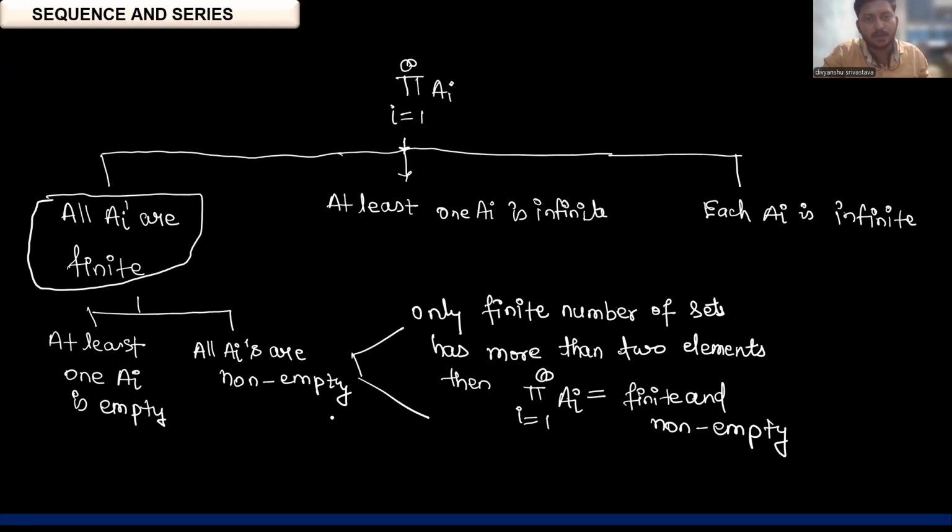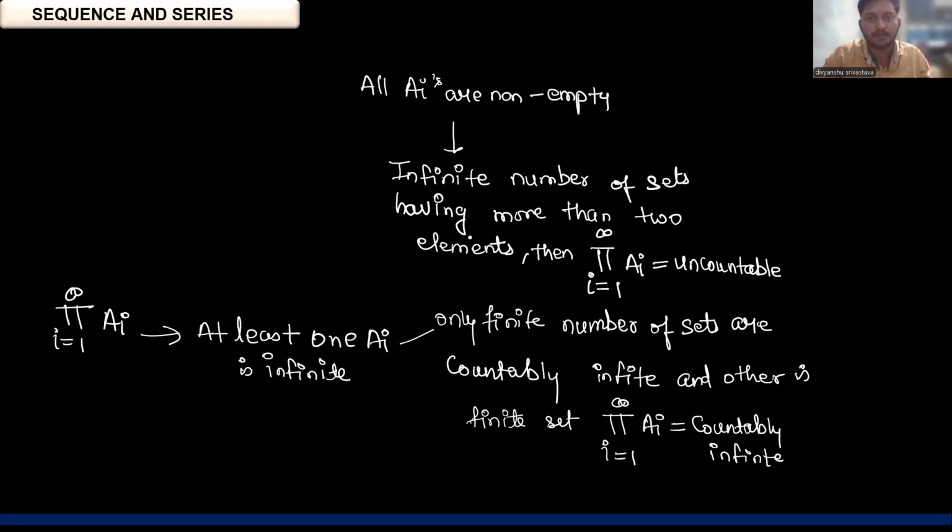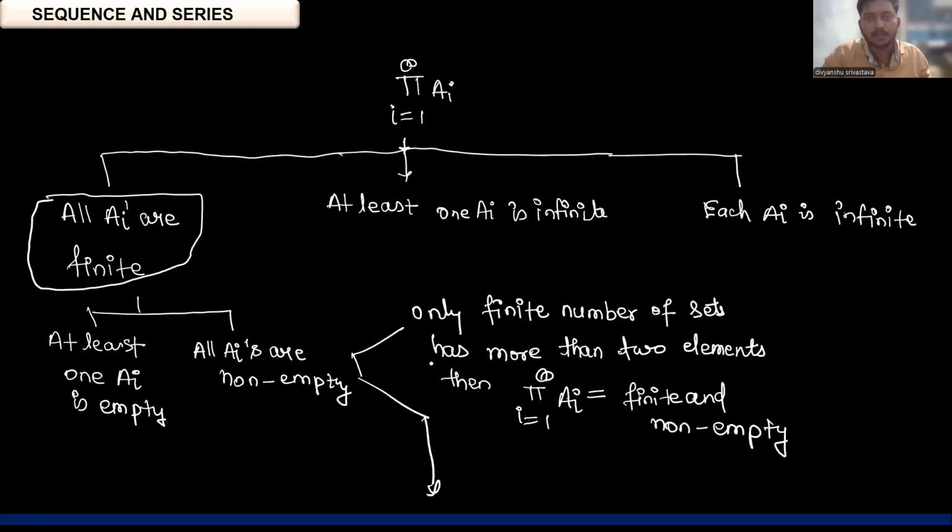If all A_i are non-empty, then we discuss these two cases. First one is, if only a finite number of sets have more than two elements, then the product is finite and non-empty. And second, if an infinite number of sets have more than two elements, then their Cartesian product is uncountable. And lastly, we talk about